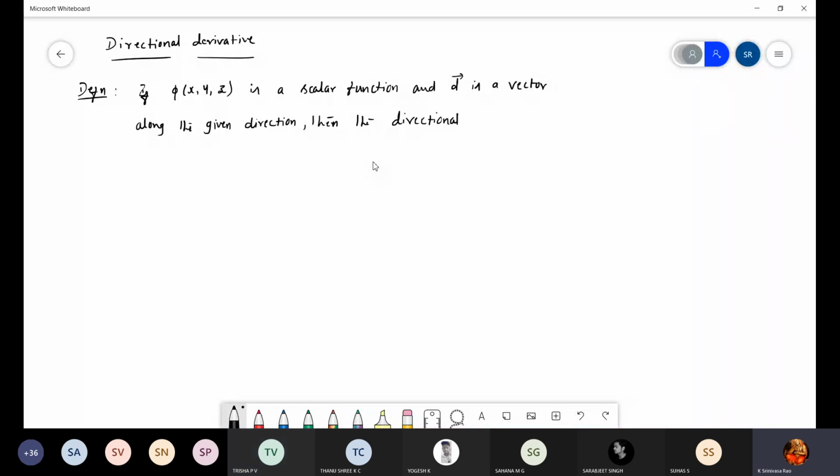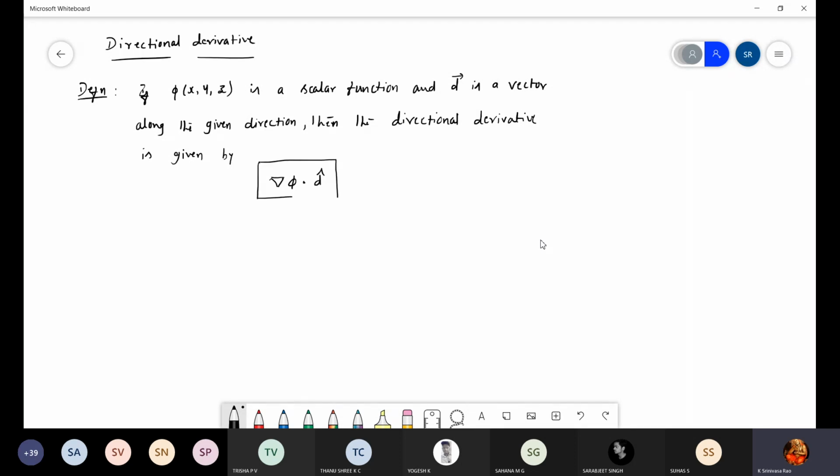Then the directional derivative is given by, next line, grad phi dot d cap. So this is the formula